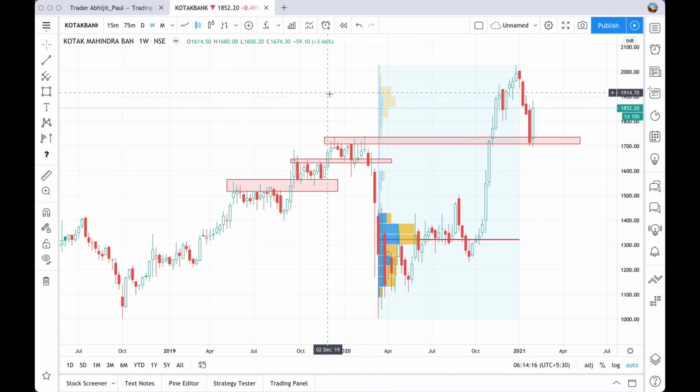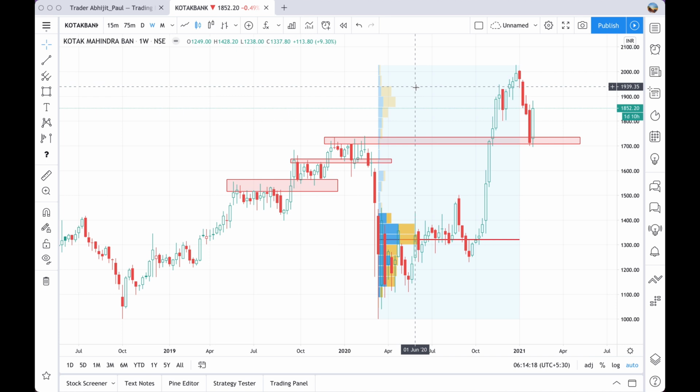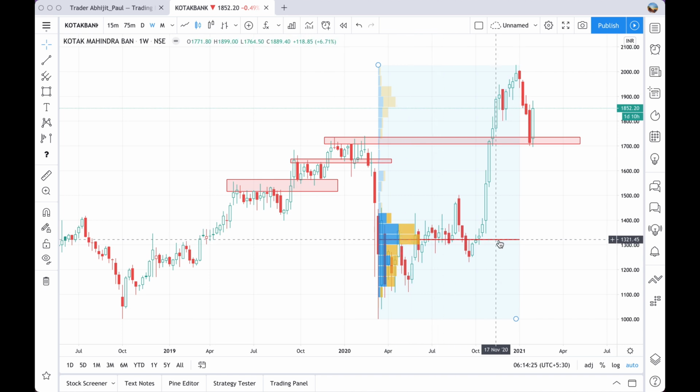What I'm trying to explain here is, do not expect that the volume profile or the maximum volume, wherever it has happened, will always act as a support or resistance. Need not always act as a support or resistance. But